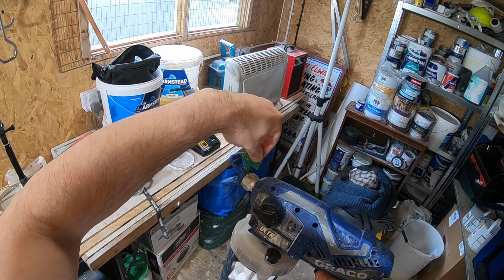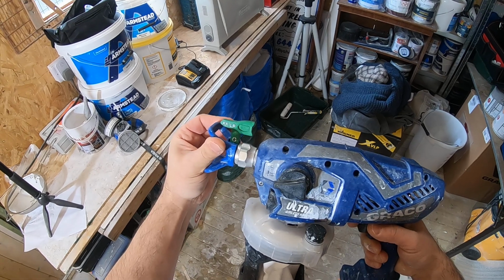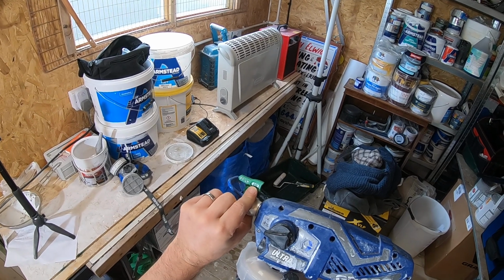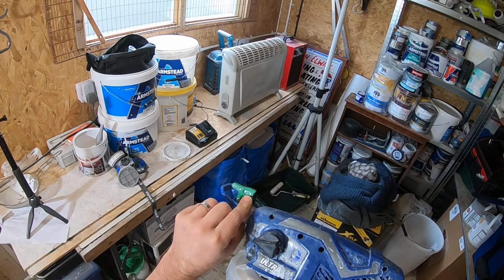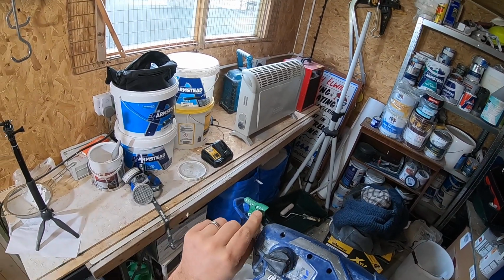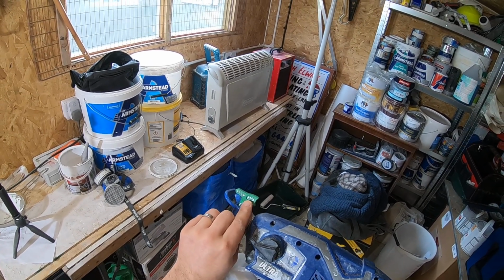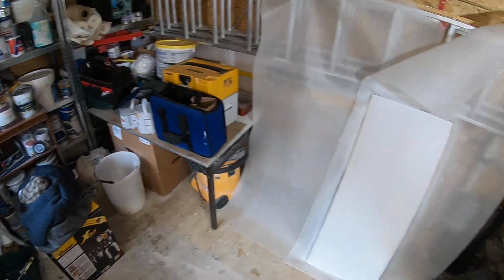You've got your FFLP tip. Now the tip we're using today, I don't know whether you can see it, but it's a 310. So 3 basically means the width of the fan. You double the 3 at the beginning, so it's a 6-inch fan. And number 10 is the orifice, so it's the hole. It's the amount of paint that it lets out. And like I say, the 3 is the fan pattern. So we're using a 310, which is a 6-inch wide fan pattern, which I think is going to be ideal